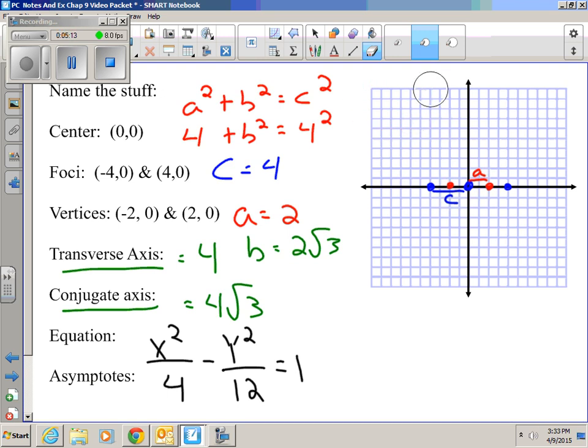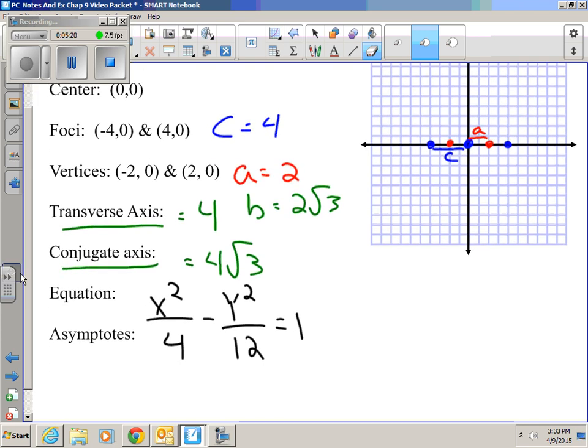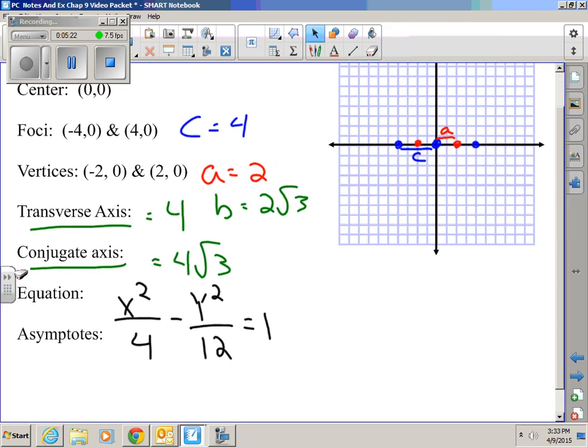We'll get rid of that. Alrighty. Lastly, we're going to find the slopes of our asymptotes. Actually, I'm going to draw in my conjugate axis as well. B was 2 root 3, which is about 3.5, because it was the square root of 12. So here's our conjugate